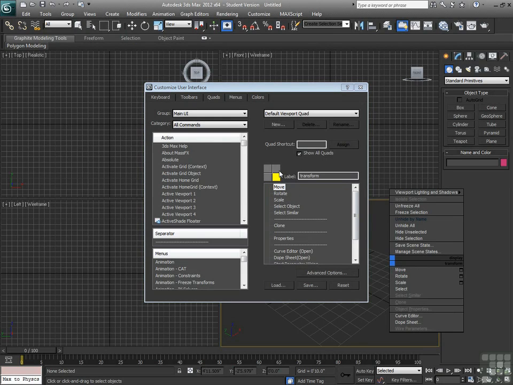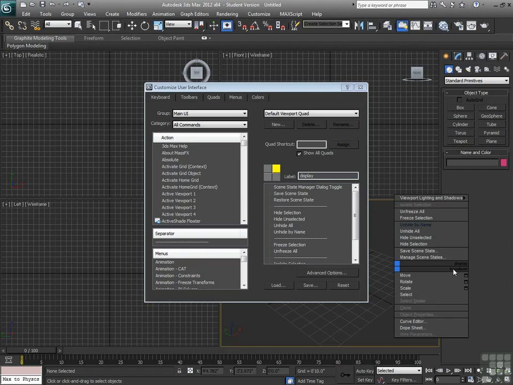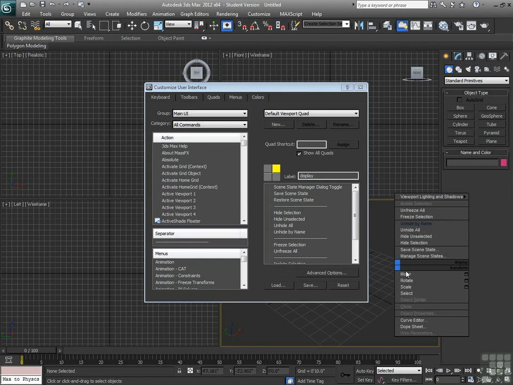So right here, it's showing me that I'm looking at the bottom right quadrant of the quad menu, which would be this one right here, Transform. So if I go to the upper right, it's display. If I right click over here, I see that that is the display quad menu. Now, oddly, if I'm looking at the one that's on the bottom, it starts at the top and goes down. As I look at the one here at the top, it starts at the top here and goes down, which is starting at the bottom and going up. So you can see I have manage scene states, save scene states, hide, unhide, which is going the opposite direction